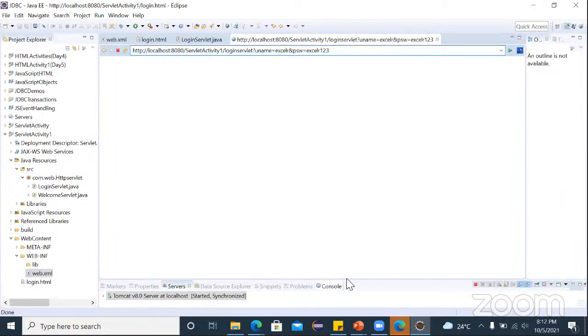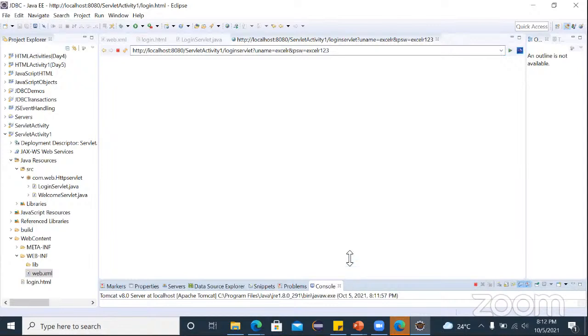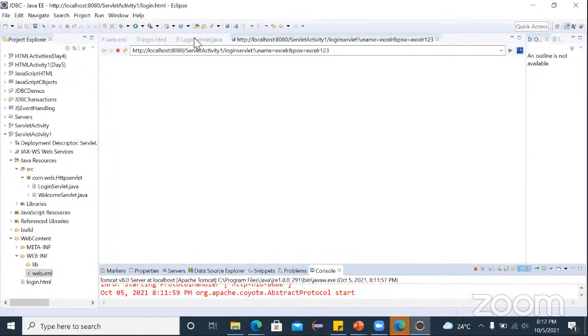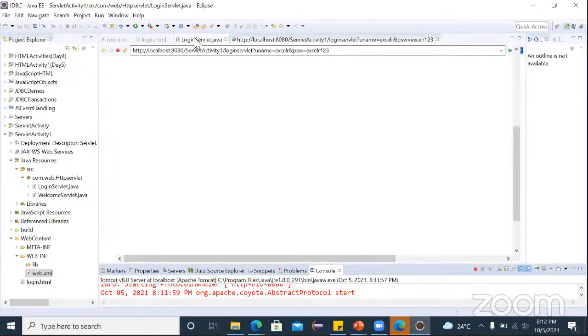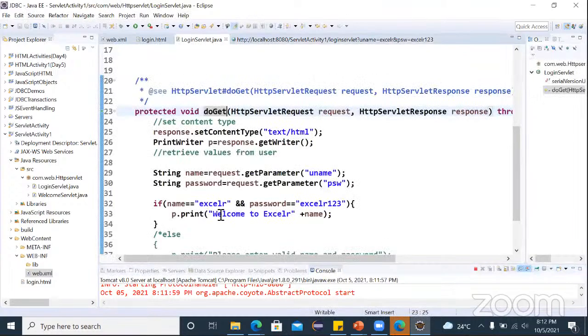Let me check the console. It's not printing to the browser. Let's see now. H1. Okay, so I'll take